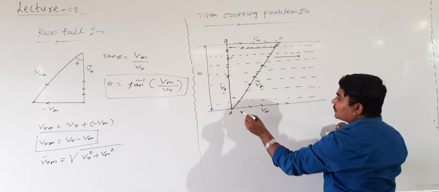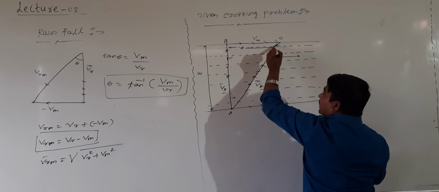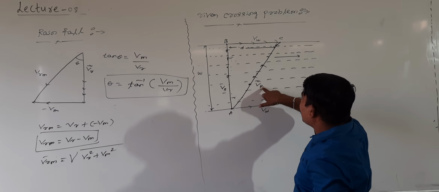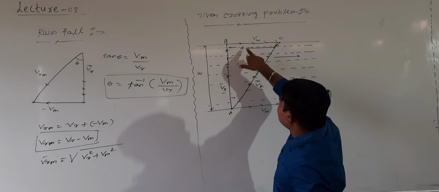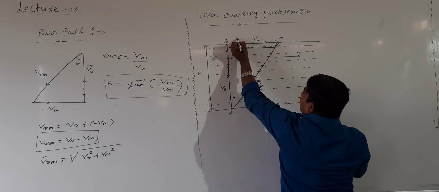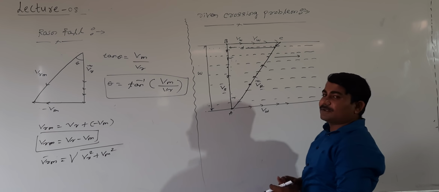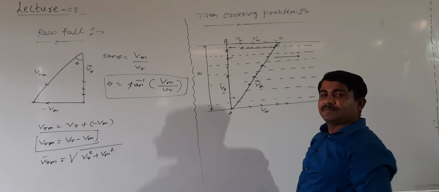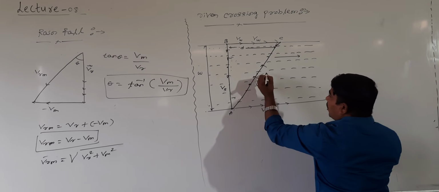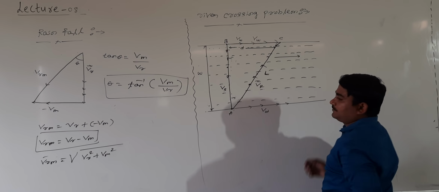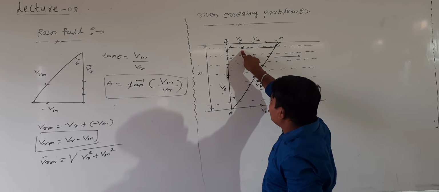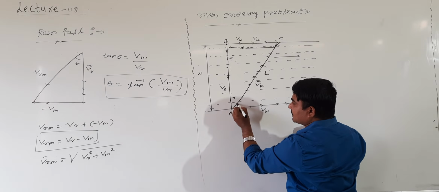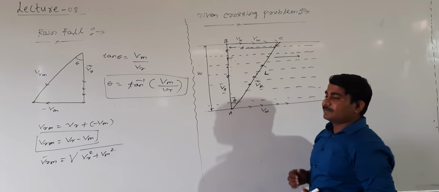When he goes from A to B, he has shifted here with what velocity? The resultant velocity, VR equals Vs plus Vw. This we are calling Vw. It is the longest path actually. The longest path can be represented by L, and the drift of the person by small d. Then by what angle does he go? Shall I call this angle theta?